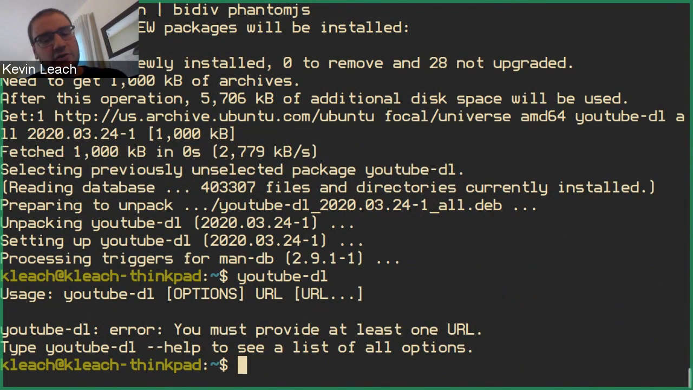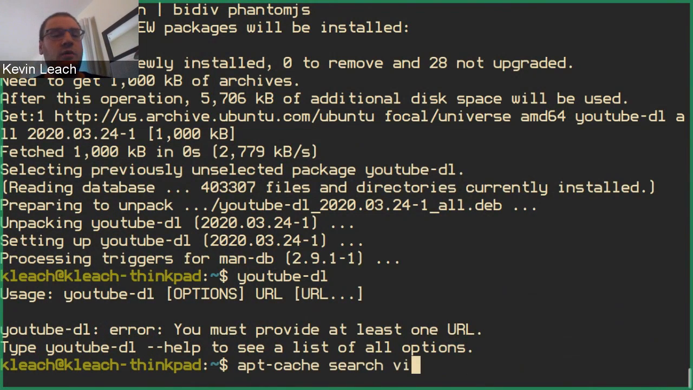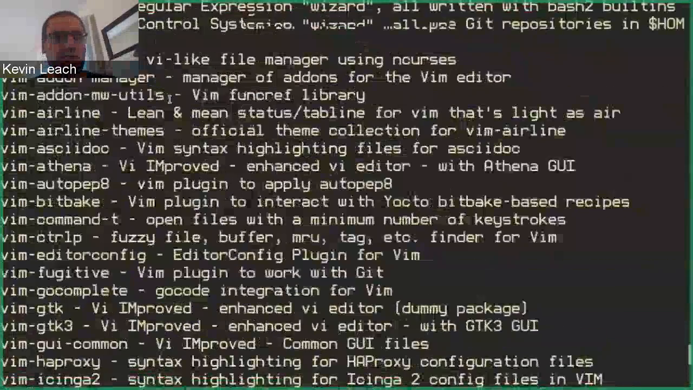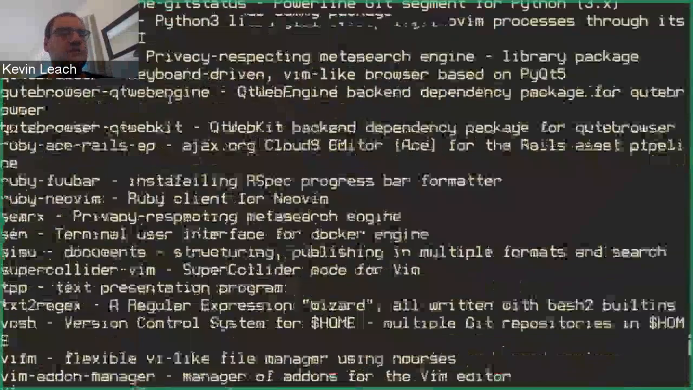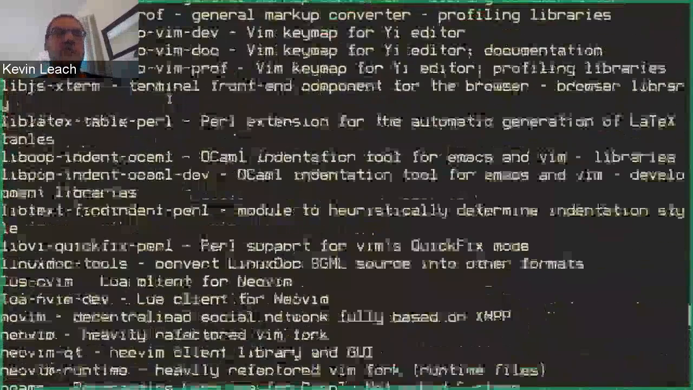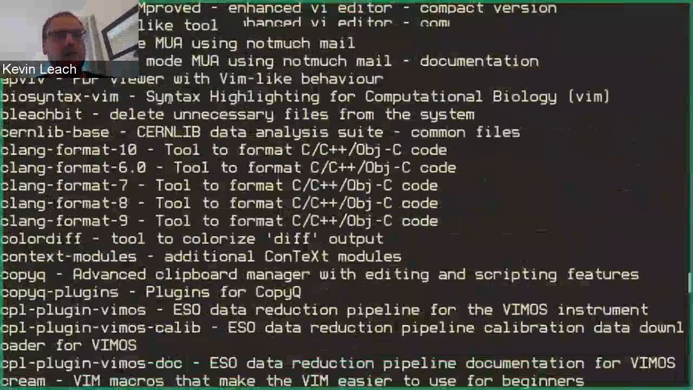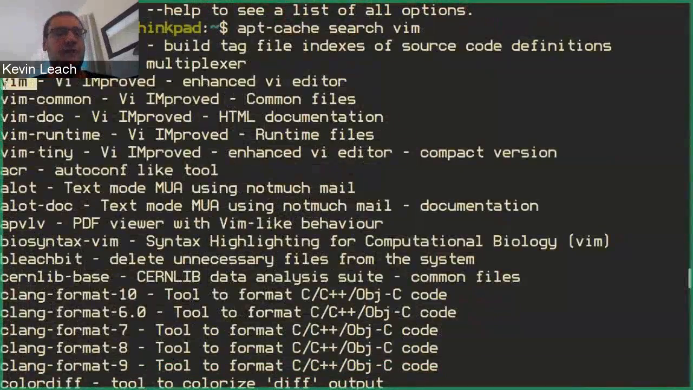If you're ever curious about what type of stuff is available, then you can use apt-cache to search for various features. So maybe I want to know what packages relate to Vim, right? If I care about using Vim as my text editor, I can see all of these different packages that might do something helpful for my Vim setup. So not just Vim itself, but also